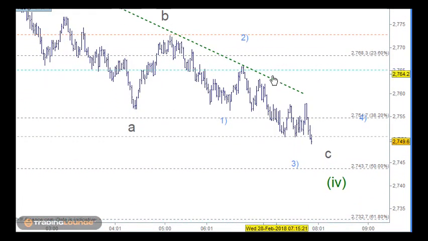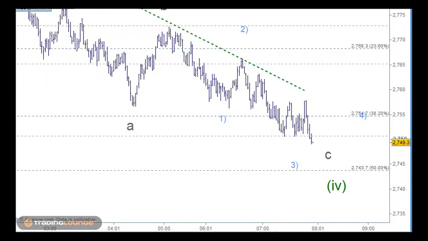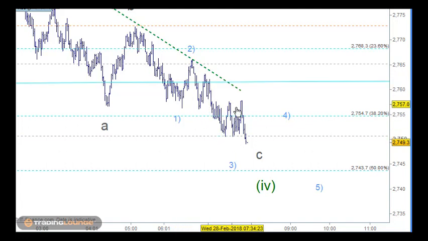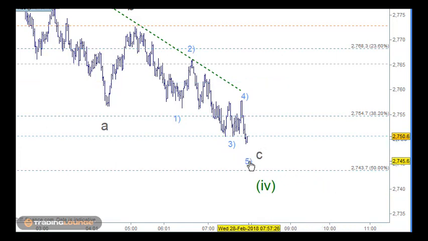So we'd have a clear 5 waves down here, and then we'd have our wave 2 here, and then we'd need to look at this as wave 1, and then 1, 2, 3, 4, 5 for the third wave, a fourth wave to here or to here. So I don't know if I should put this here and here, and then the fifth wave can be quite